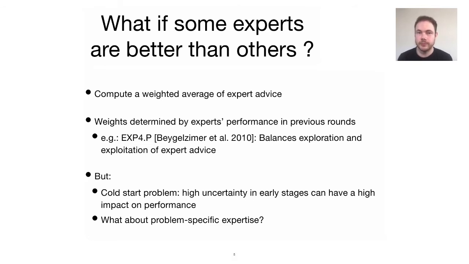And this is what XP4P aims to achieve by balancing on one side exploitation, which is assigning high weights to experts we believe are good, but also on the other side, exploration, which is the idea that you should give a chance to experts about which you are uncertain. There are, however, issues with this adaptive approach. First, obviously we start from scratch, which means that bad experts can have a high impact in the early stages, which can lead to bad performance. And second, XP4P does not condition the weights on the problem at hand,